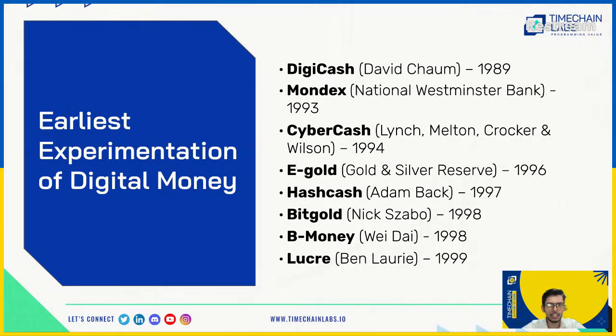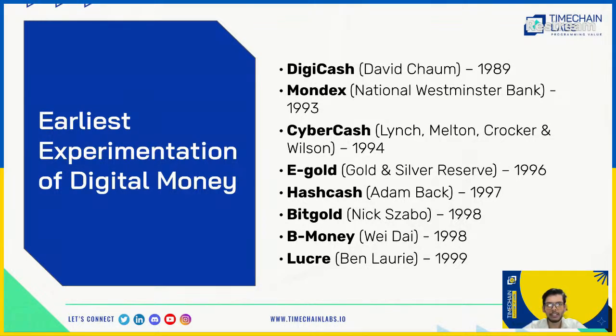Trying to have a digital cash system, which is truly peer to peer, was attempted by many different researchers trying to solve this problem. This is the history on your slide given for the different types of attempts done by different people to start to establish a digital cash system on the internet, which wasn't really successful. BitGold, Hashcash by Adam Back, David Chaum started with DigiCash, eGold started, which was really popular and was used for quite some time, but then it was shut down because of lack of regulatory ability to regulate it very well.